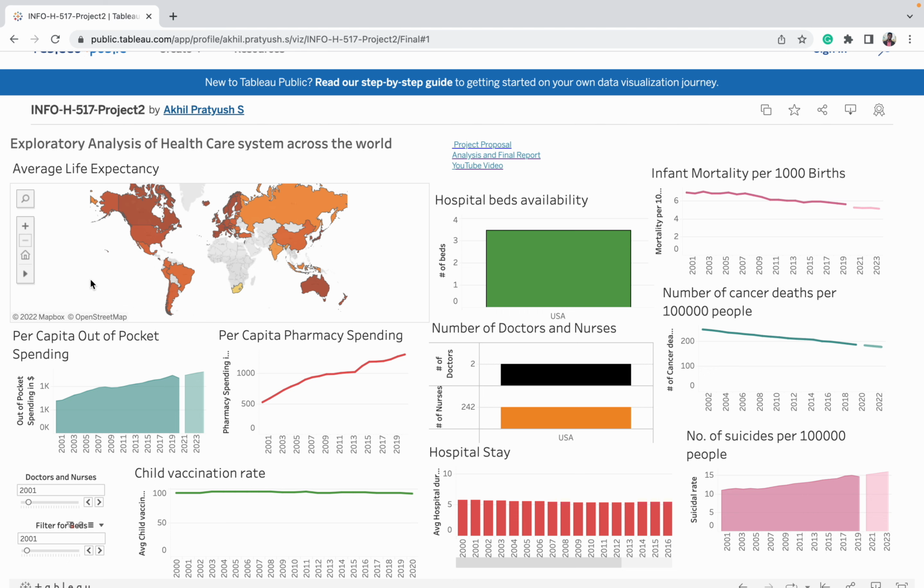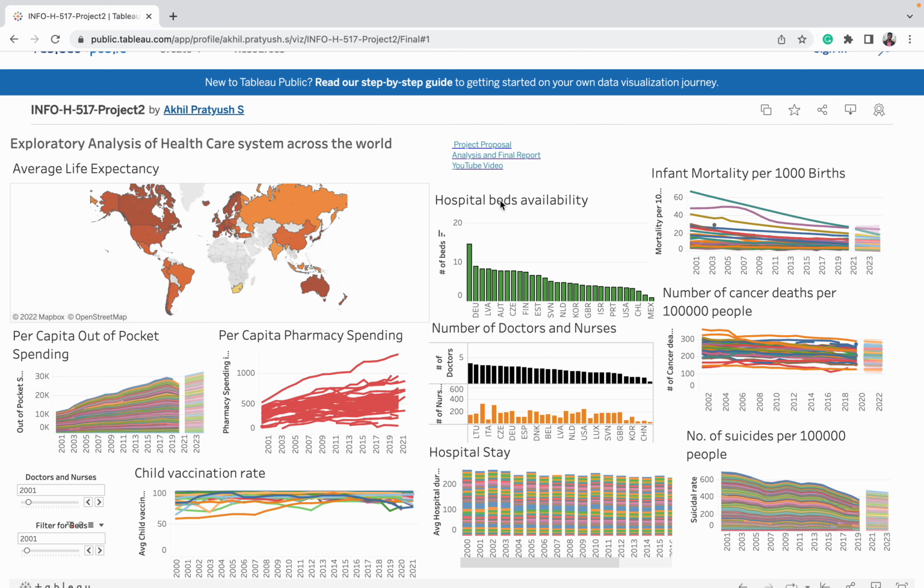Thank you, Babu. In this dashboard, we have the histogram which represents the hospital beds availability along with the country name. On the x-axis you can see the names of the countries, and on the y-axis we have the number of beds present in the country. You can select the country on the map. For example, I'm going with